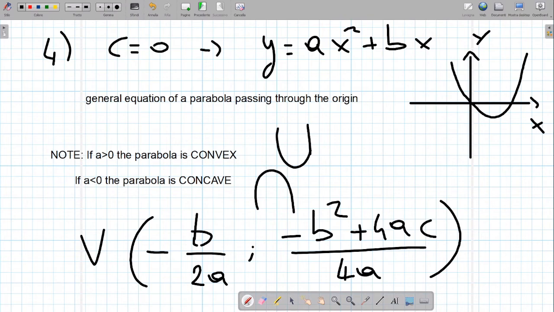And I want you to focus on the fact that the part of the y, the numerator, here